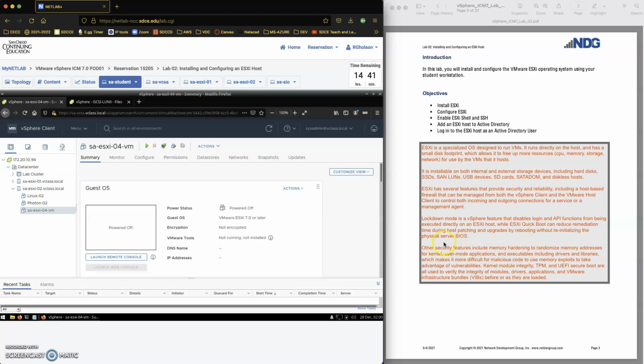Now, the last couple of things I wanted to talk about is the quick boot, which allows you to perform remediation without rebooting the BIOS or reinitializing the BIOS. This can speed up host patching and upgrades when the BIOS doesn't need to be reinitialized. And then security features include memory hardening, which randomizes memory addresses for the kernel, the user mode application executables, which also includes your drivers and libraries. This makes it more difficult. By randomizing those memory addresses, it makes it more difficult for malicious code to use memory exploits to take advantage of